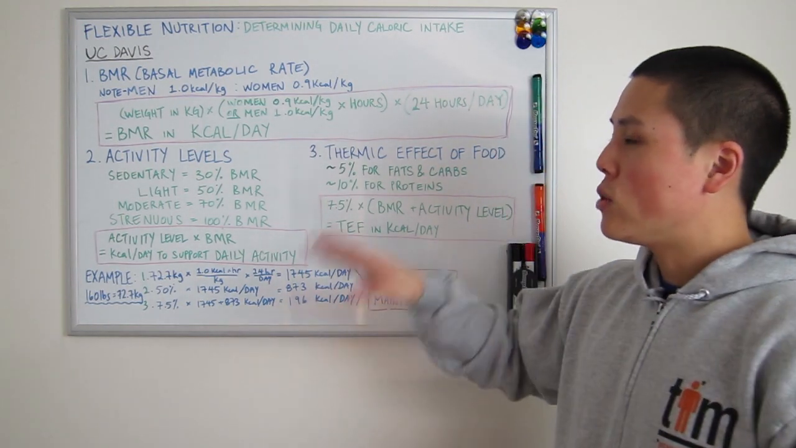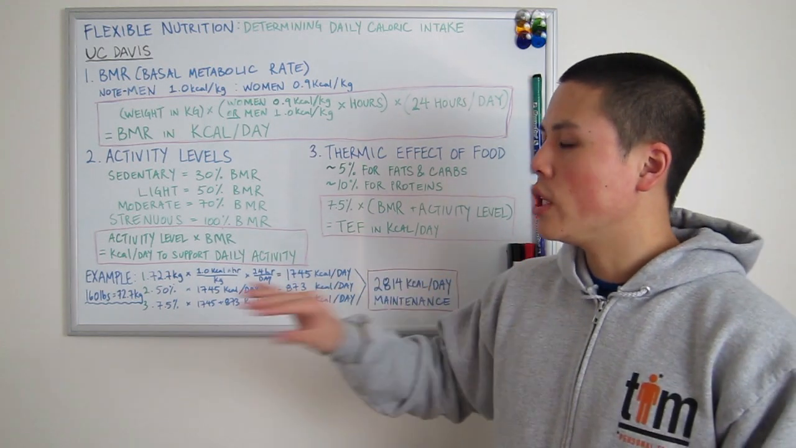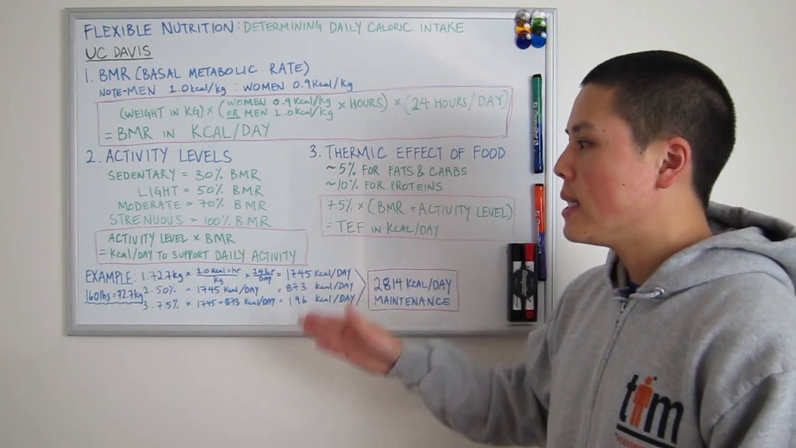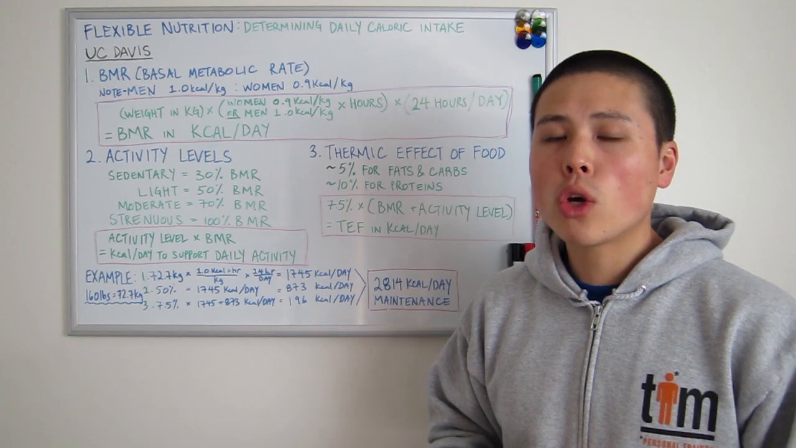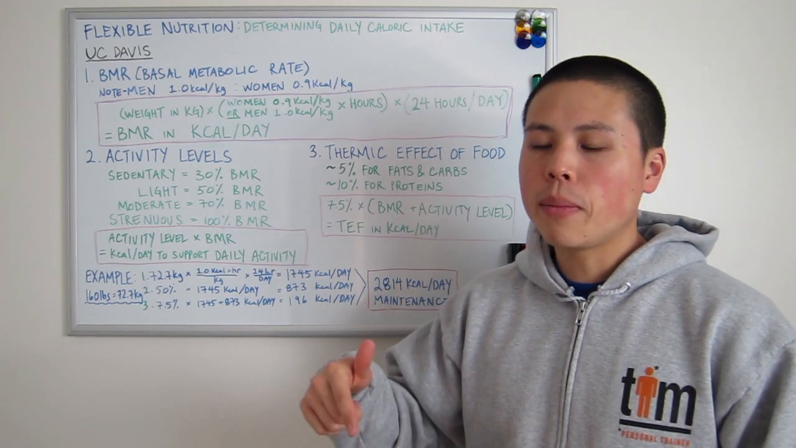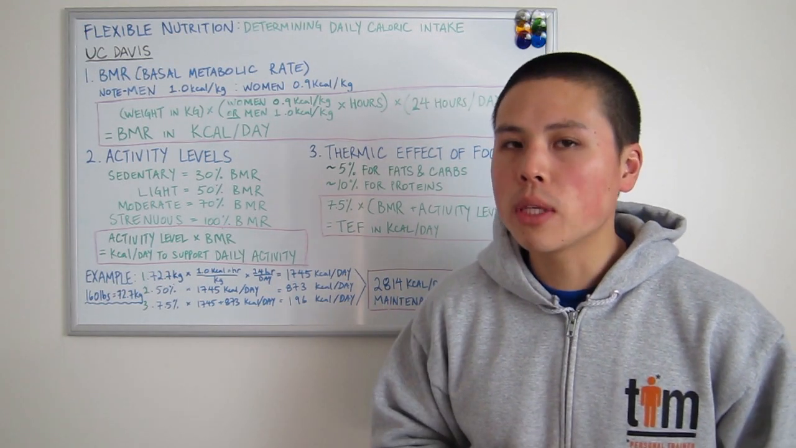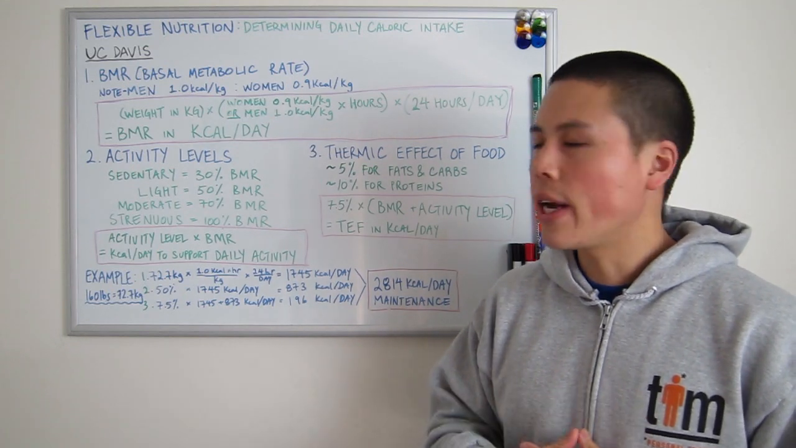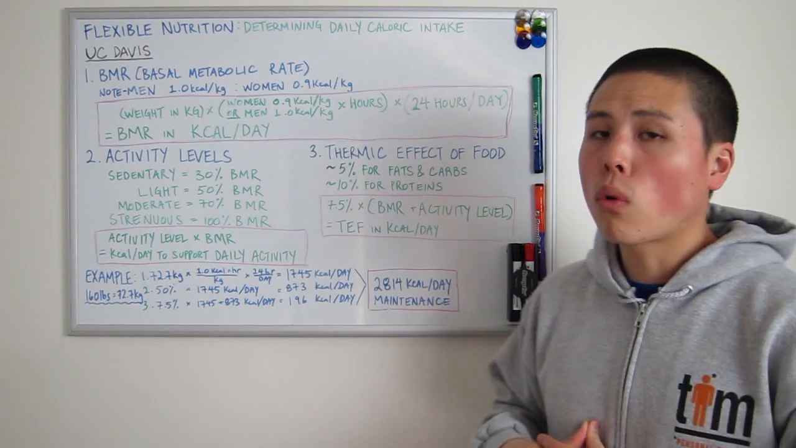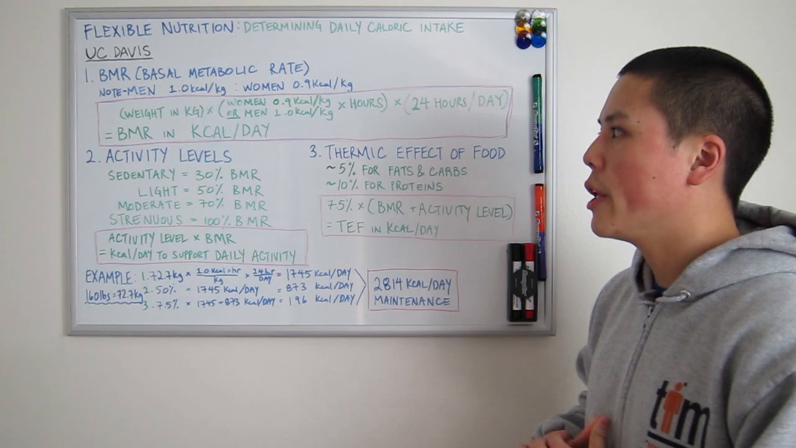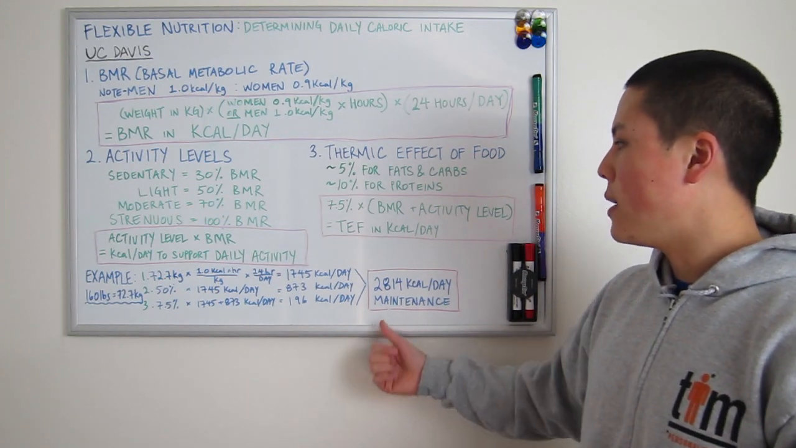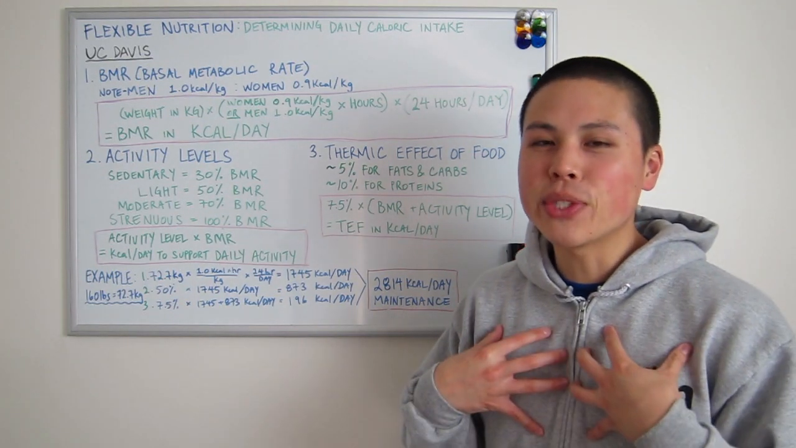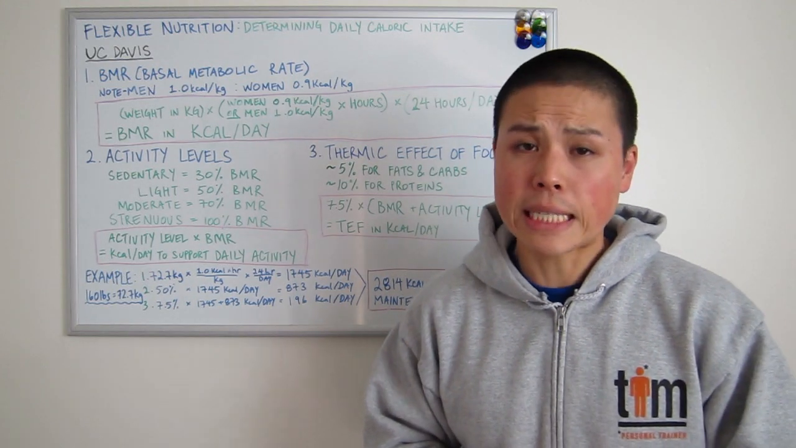So hopefully this was really useful to you. It's a really good starting point. Again, it's an estimation. If you have any questions, definitely leave them in the comments below or message me. And look forward to the next episode because it's going to become a lot clearer how to get to these 2,800 calories that I'm supposed to eat, or how many calories you're supposed to eat daily